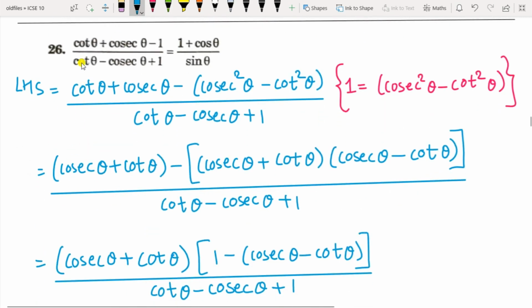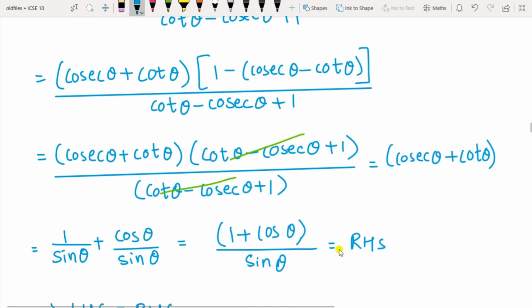26th question. Cot plus cosec minus 1 and cot minus cosec plus 1. So in place of 1 here at the numerator, substitute cosec square theta minus cot square theta. So this is a square minus b square, so write a plus b, a minus b here. Now from these two terms, the plus term is the common one in the bracket. So take it out common. So here it will remain 1 minus cosec minus cot. Now take the minus sign inside and rearrange the functions here. So this minus cosec will be there, and plus cot, minus is plus. So cot theta minus cosec theta and plus 1.